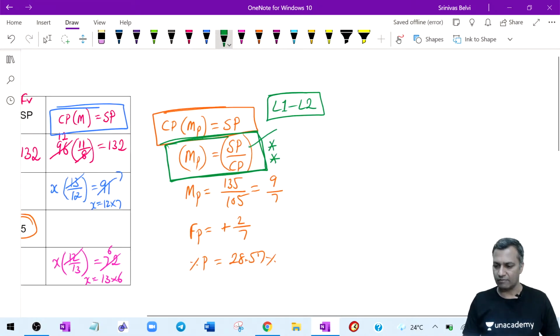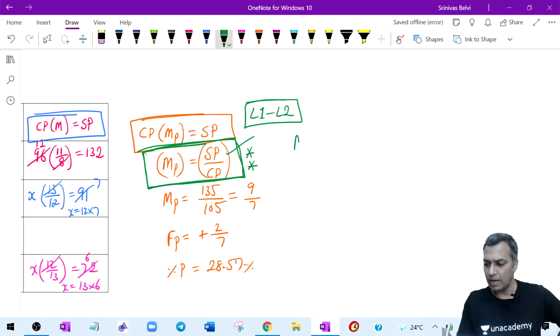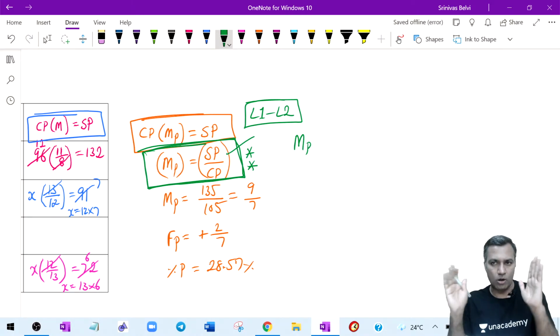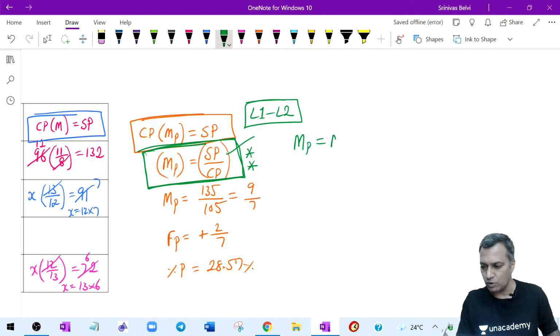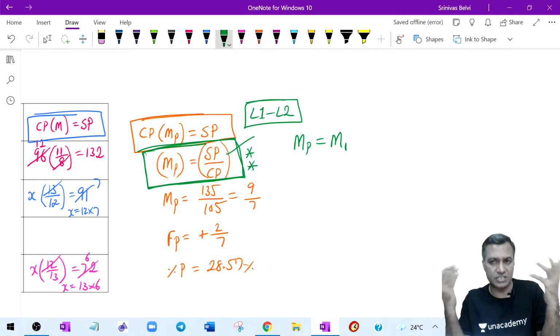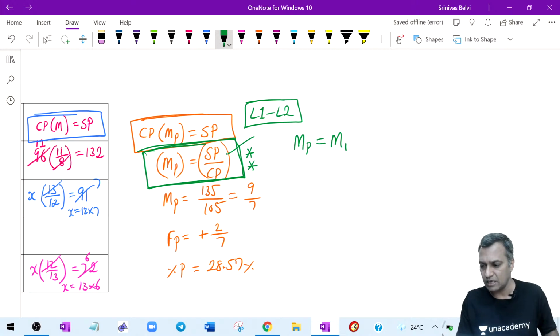Listen to this here itself. All right, now listen to this here itself. Now, multiplier related with profit, let's say it is a composite multiplier. If this is a composite multiplier, this is also equal to multiplier related with the first transaction or the first parameter, into multiplier related with the second parameter, into multiplier related with third